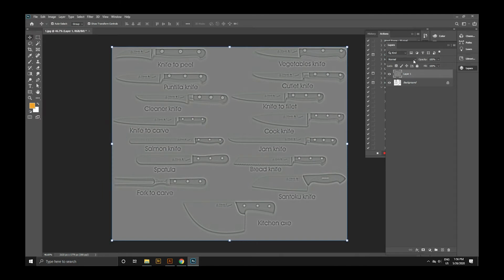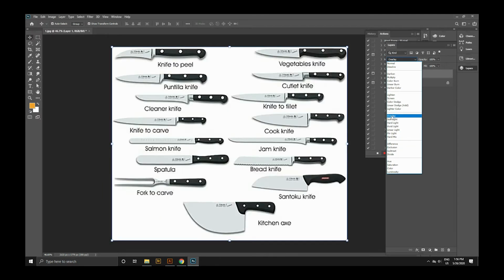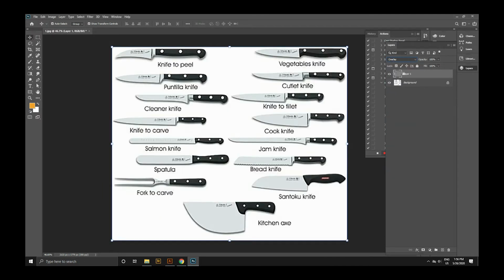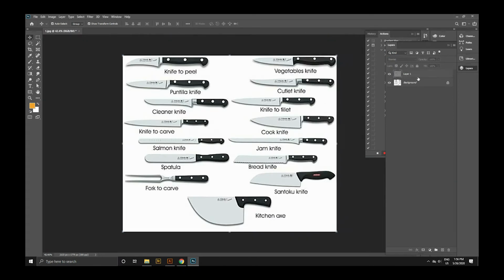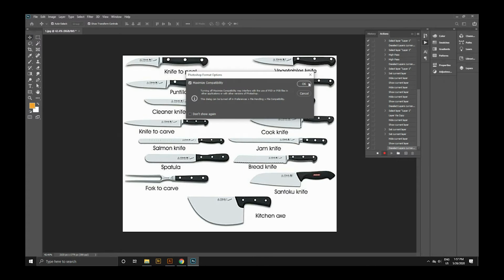The next step is to go to blend mode of this image and select overlay. I'll zoom into the edge. You can have a look here. There's a little bit of depth for the image. If you want, press Ctrl J and take a duplicate of this layer. This will enhance the effect more. You can adjust the opacity value over here to make minor changes to the end result. That's pretty much it. I will save this file as a PSD file.